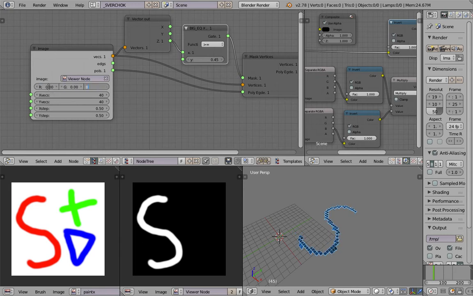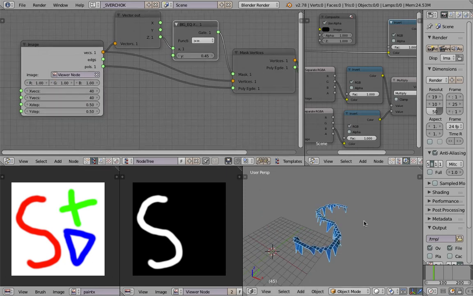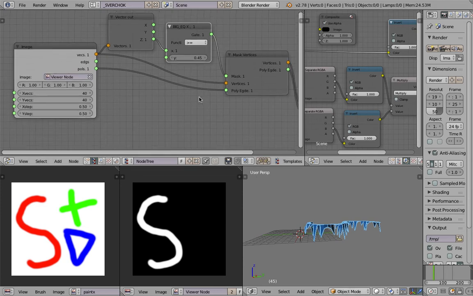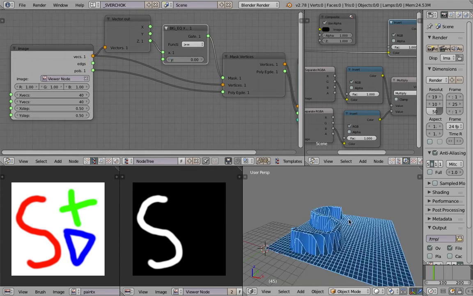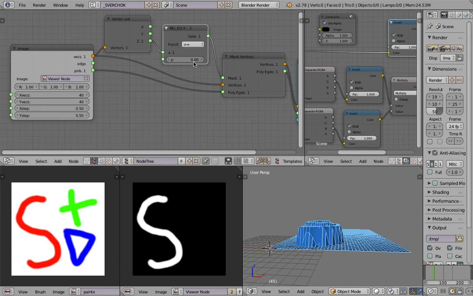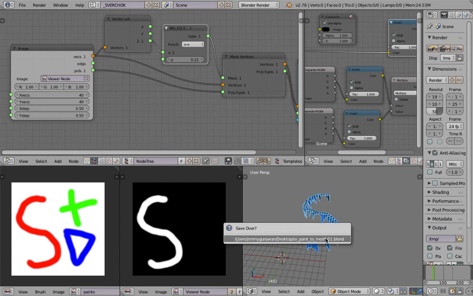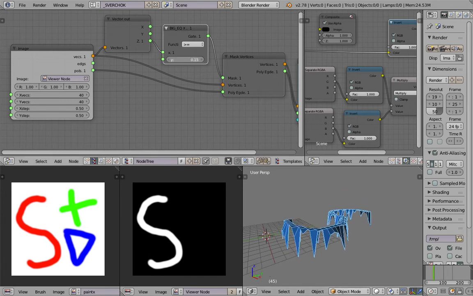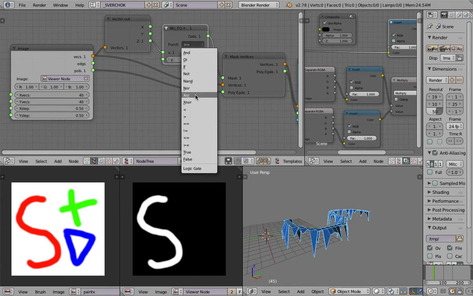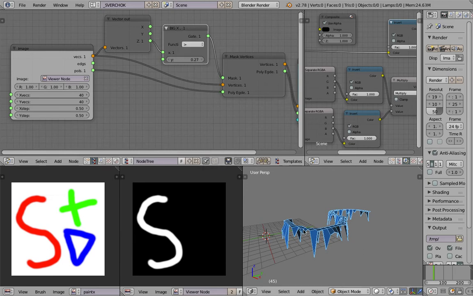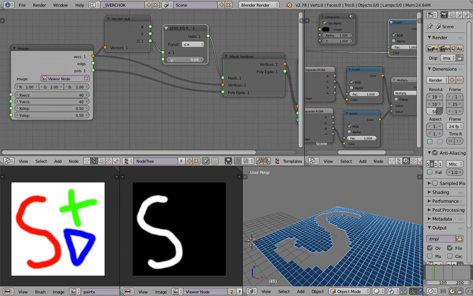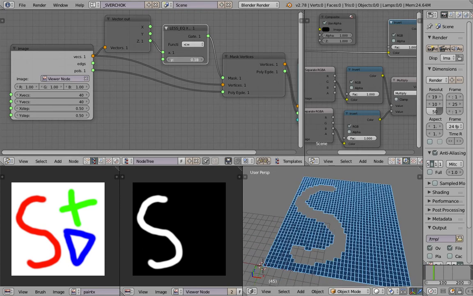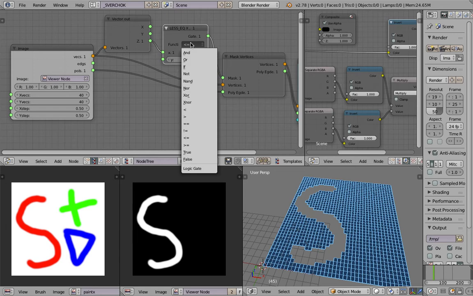Let me double check whether I'm doing this correctly. So this should be 1 and 1 and 1. That's gonna be all these vertices. If we increase this, we get that, which is kind of correct. We can try using larger than, smaller than. Okay, smaller than gives us that. We probably need to invert it or something. Or actually,